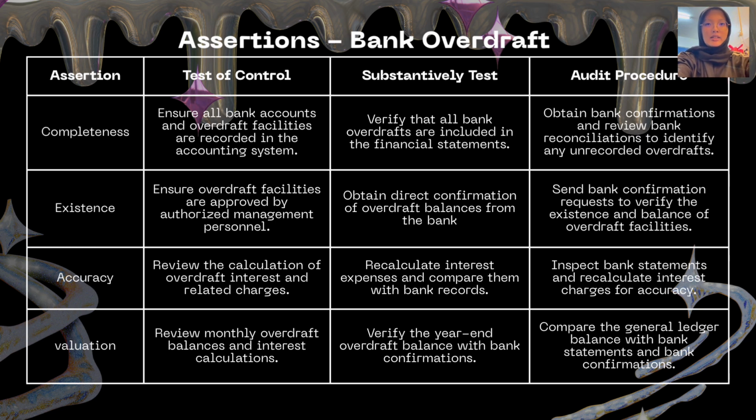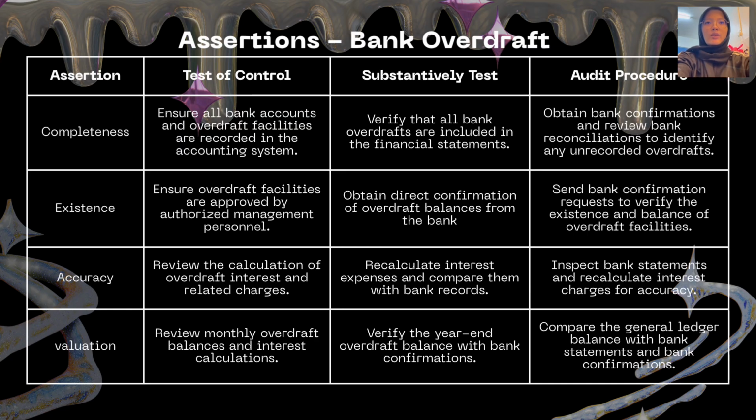Next is existence. The objective of this assertion is to ensure that the recorded bank overdraft actually exists and is a genuine borrowing provided by the bank. In other words, the auditor wants to confirm that the overdraft shown in the financial statement is real and not a fictitious or incorrect balance. For the test of control, the auditor checks whether the overdraft facility has been approved by